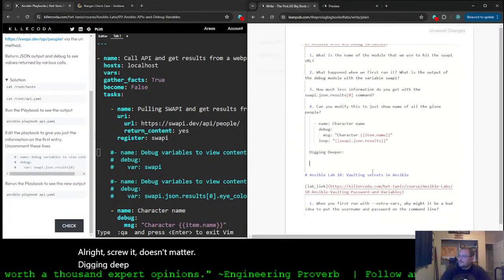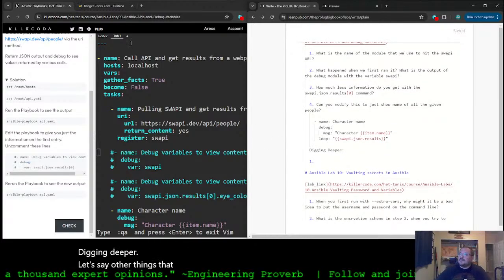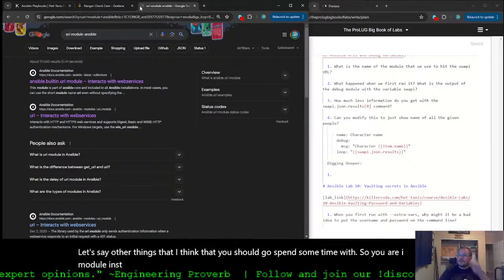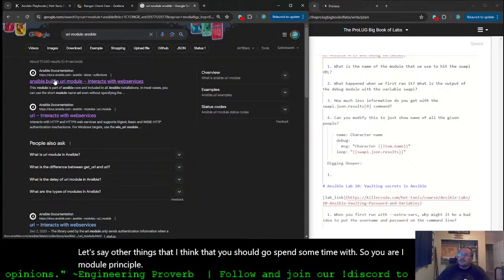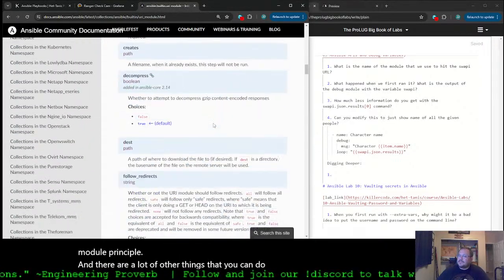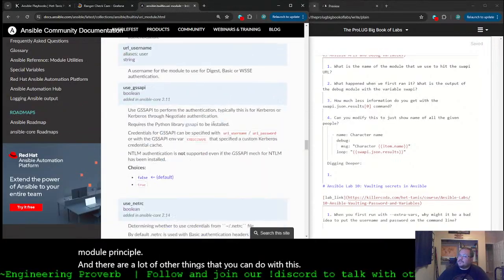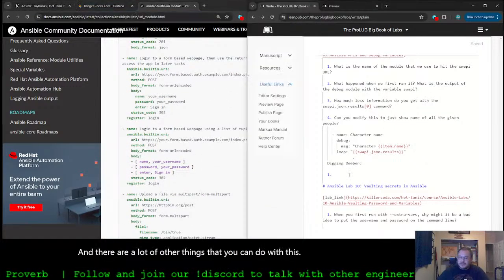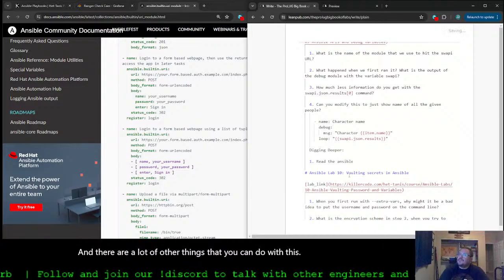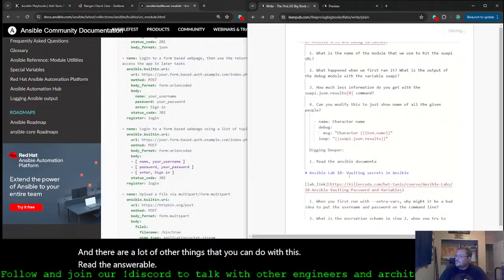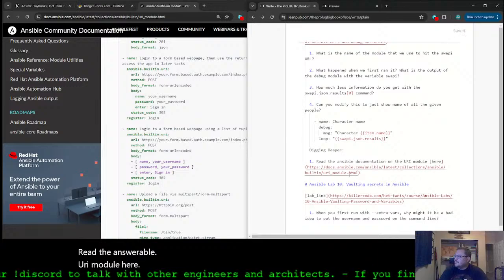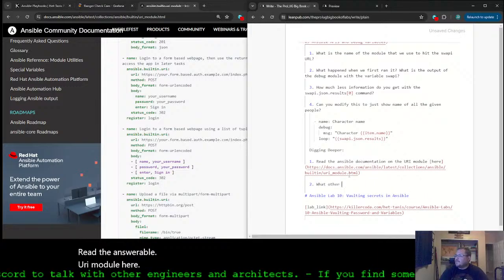Digging deeper. Let's say other things that I think you should go spend some time with. So the URI module in Ansible. And there are a lot of other things that you can do with this. Read the Ansible documentation on the URI module here. What other useful